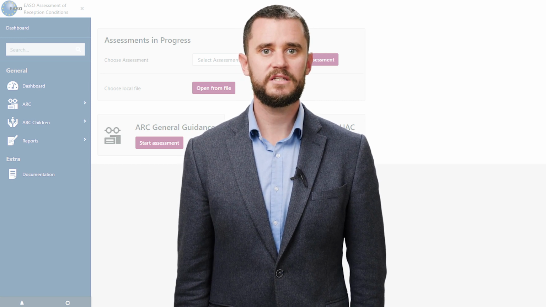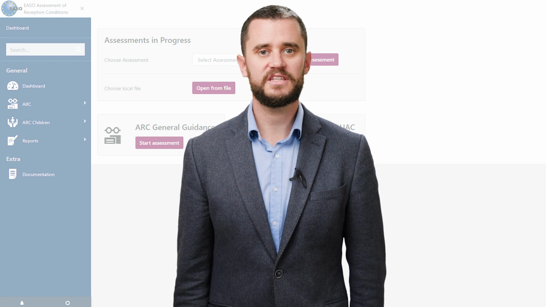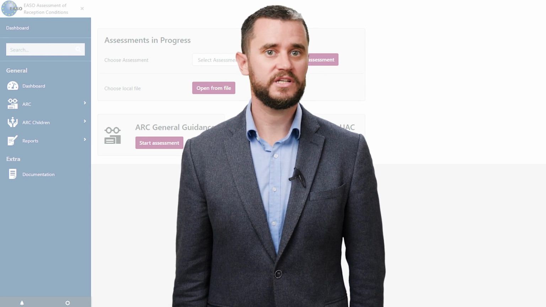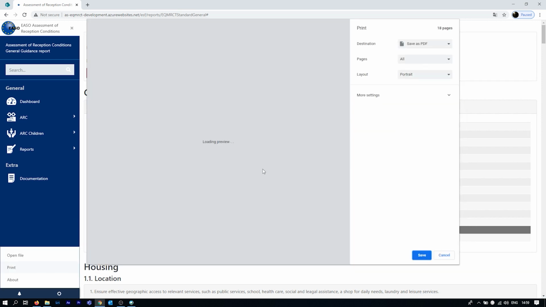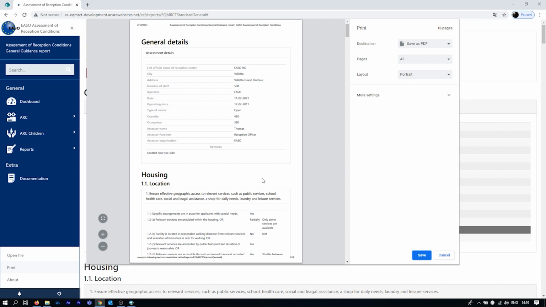Please note that the generation of the report does not mean that the assessment is final. You can go back to it, edit some comments, change the value of indicators, and get back to the report. It will adapt all comments and statistics within an updated report. If you are satisfied with your report, you can choose to print it. It will produce a PDF file with all the relevant info, and you can save it on your device and share it with others.